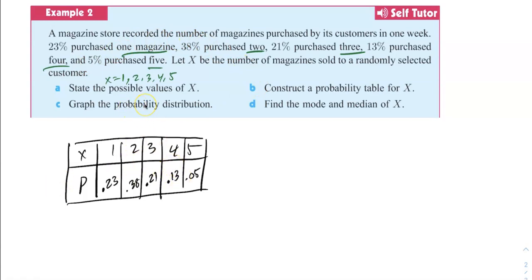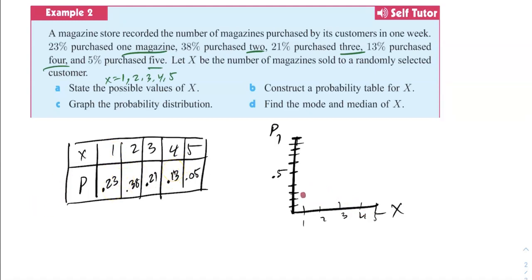Graph the probability distribution. So now I'm going to graph it. Here's X, here's P: 1, 2, 3, 4, 5. Generally for P, the max probability is going to be 1, so that'll be your top. So over here it'll be like 0.1, 0.2, 0.3, 0.4, 0.5-ish, and so on up. Again, the max probability is always going to be 1. So then we have this. First one's 1 and 0.20. I'm going to do a spike one because it's my favorite.